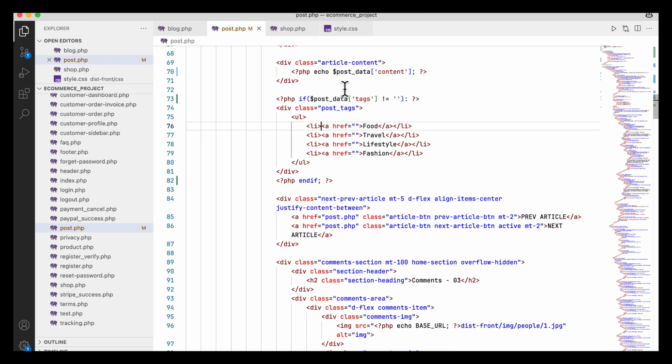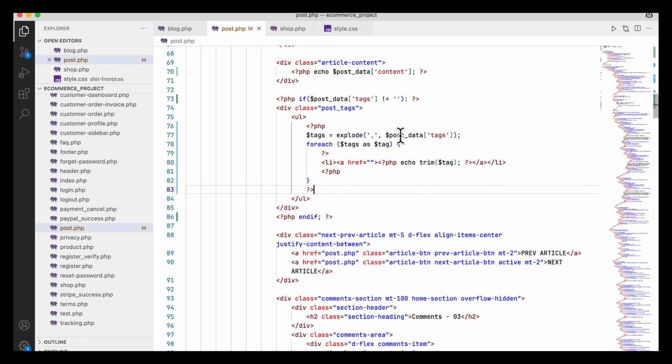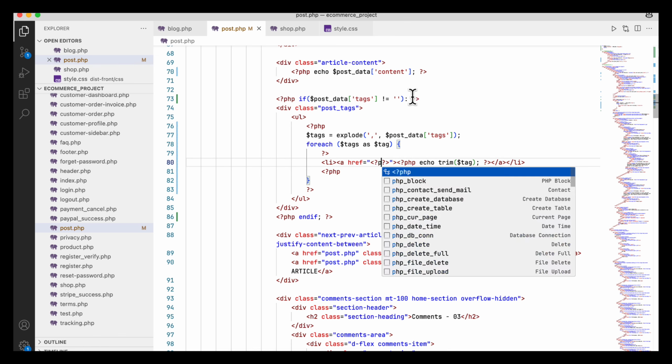And in the case of URL, here you see this is the post tag, that is okay. It suggests me some code, so let's check if it works. Post data of tags is okay. Explode tags and then tags as tag, and then base URL will be here, because I will write some tag